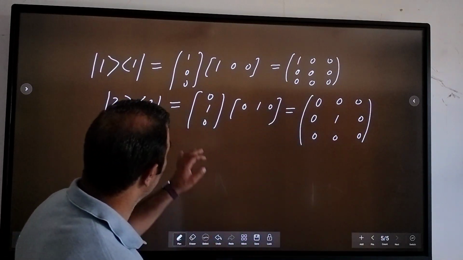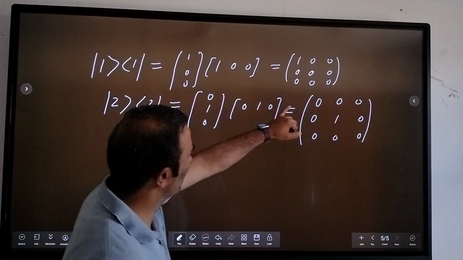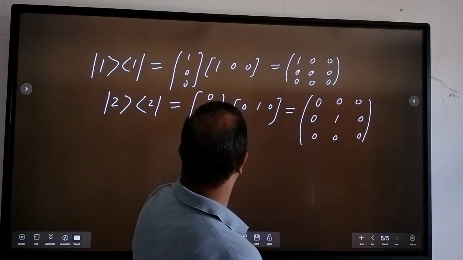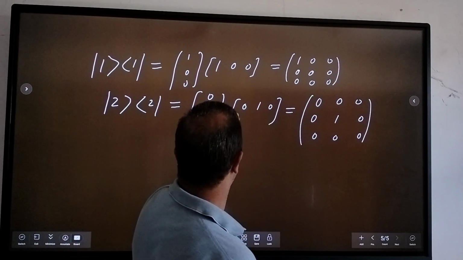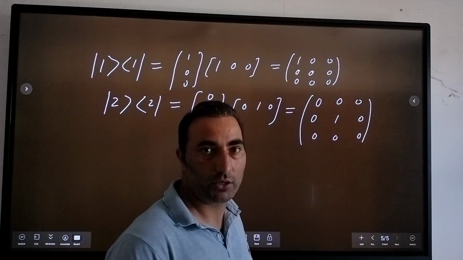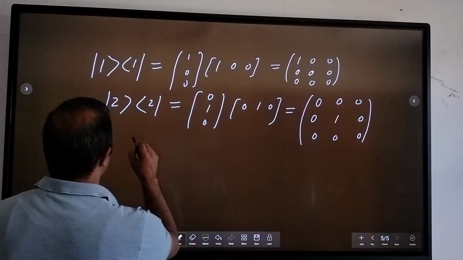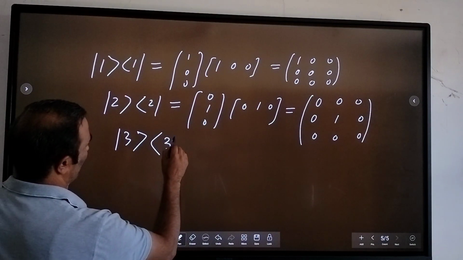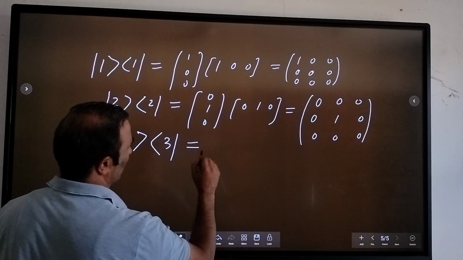so just check if I'm right because this is 0 with 0, 0 with 1, 0, 0 with 0, 0, and now 1 with 0 is 0, and 1 with 1 is 1, and you can check it, right? And similarly, if you write now for this third unit vector, so that is equal to,